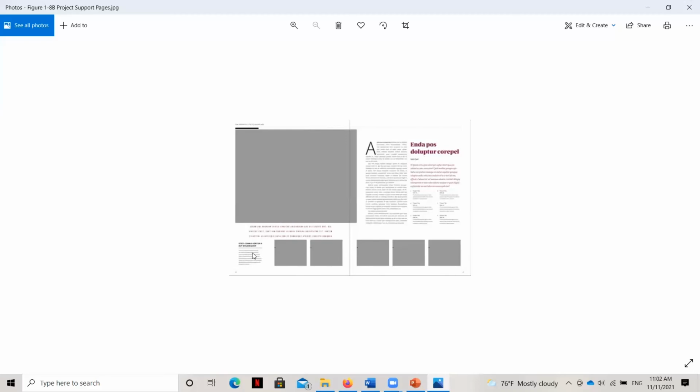So it's really just the job of the designer in this very early stage to think about what images you're going to include and what text you might need to incorporate, and if you want to separate those different text boxes. And then you start to write the text, because again, you don't want to be composing your text in InDesign. And I will show you what I mean right now.